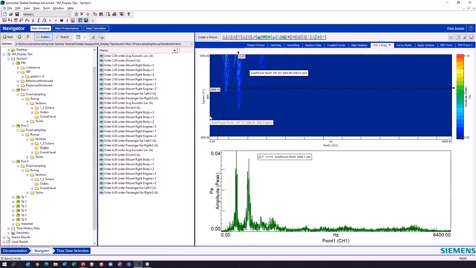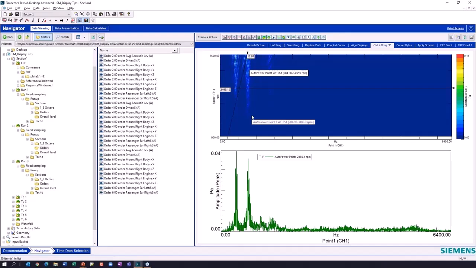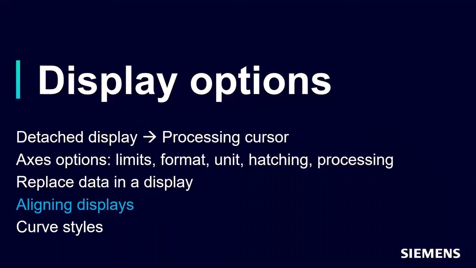I'm going to do the same thing up here because you see how big I've got this amplitude format down here. I'm going to grab this color map, and it's not going to do it for me for some reason. There we go. I was just grabbing the wrong spot. And so now I can resize these two displays so that they're perfectly aligned. And now I see these peaks are perfectly aligned with these sort of resonances I see in my color map. I do that just by holding down the control key. So that's just a little bonus tip I'll throw in there.